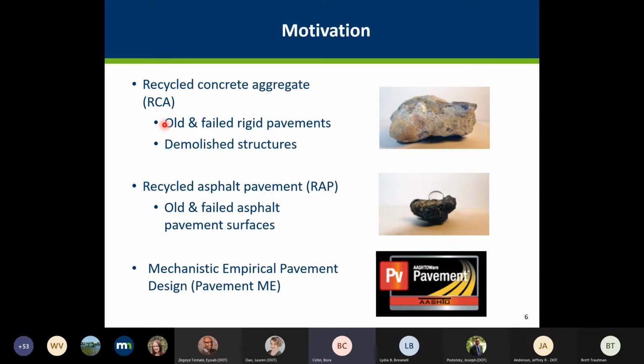So what was the motivation? Motivation is really to collect and gather data about the index properties and engineering properties of these recycled concrete aggregates and recycled asphalt pavements. I assume everybody in the group knows what these materials are, basically these are either old failed rigid pavements, concrete pavements that are recycled, or demolished concrete structures that are recycled and being used as base layers for pavement systems, pavement foundation systems, or recycled asphalt pavement is